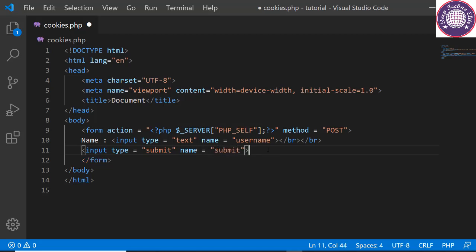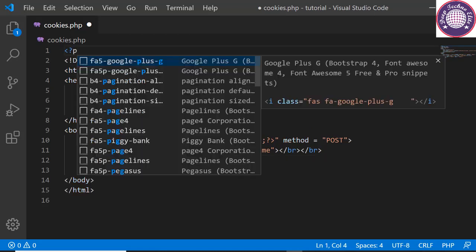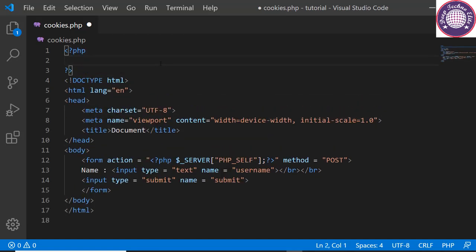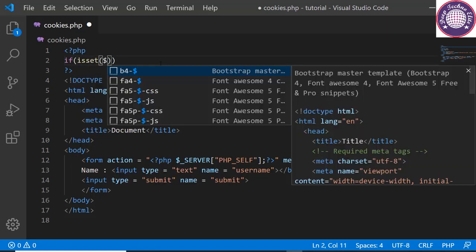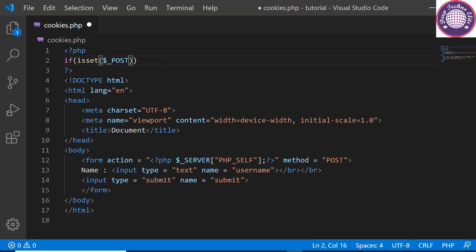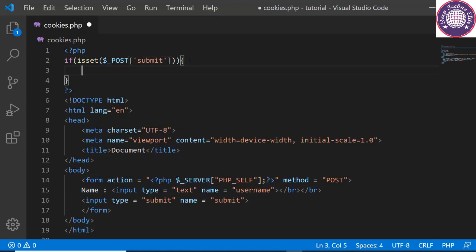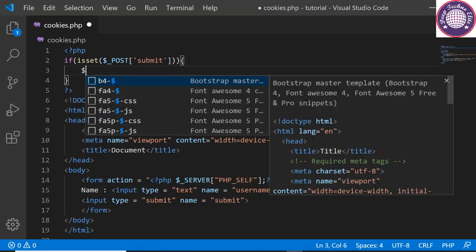The PHP setcookie function must be executed before the HTML tag. So let's have a PHP tag here. I am going to send the username to the cookie. So let's have an if statement here. To check the condition for submit, let's say isset $_POST square bracket. Now let's have the name of the submit button, that is submit. And now I am going to create a variable here, $username